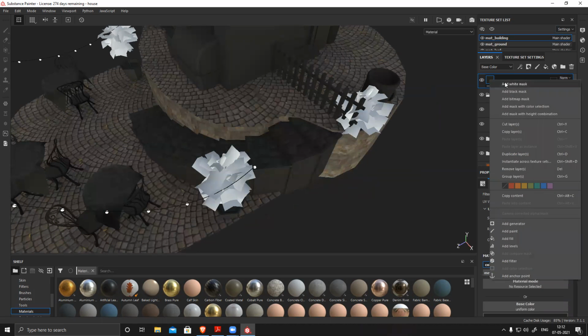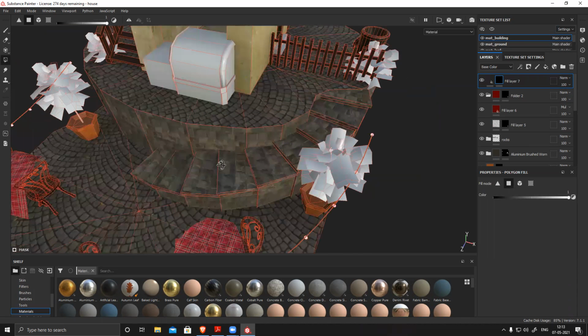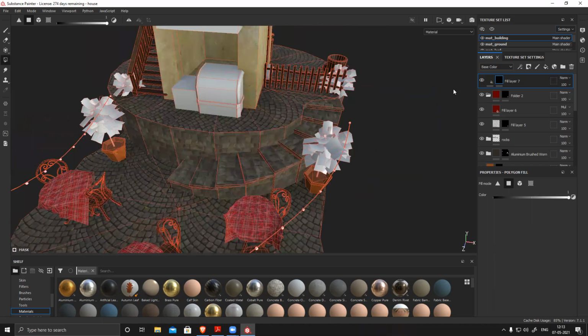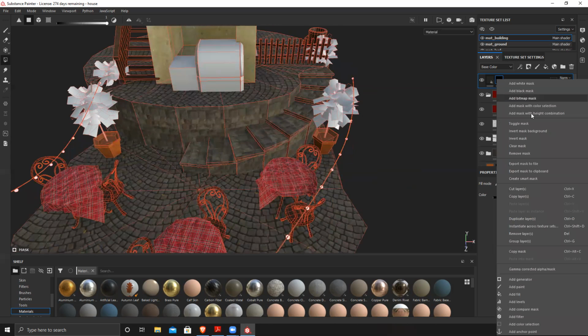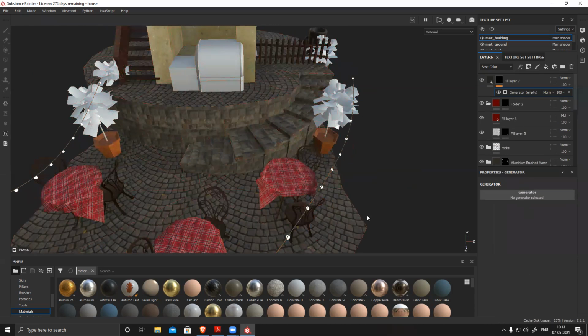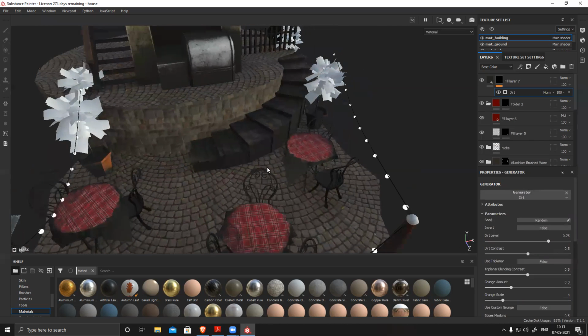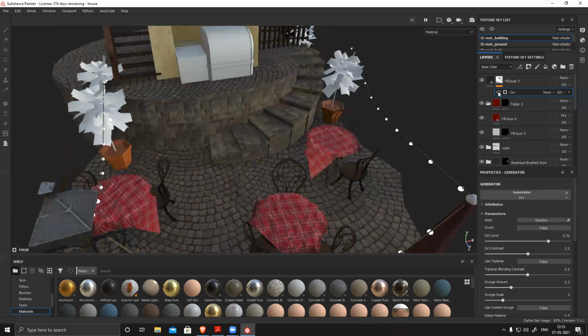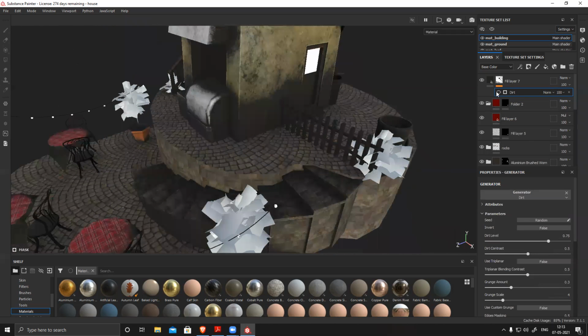And then right click, add a black mask. I'm adding a black mask so that nothing is visible. Black is nothing visible. White is visible. And now I want to generate dirt depending upon all the contact and everything. So I'll right click, add a generator this time, and say empty, no generator assigned. So I'll use dirt. You can see generator dirt. So it will generate dirt based on the position of the mesh.